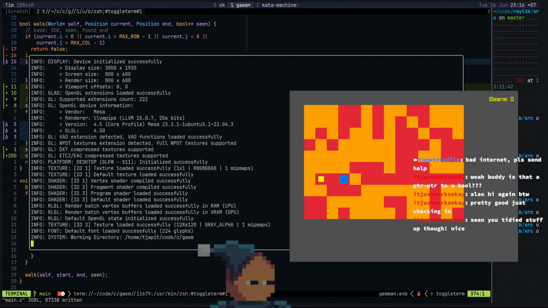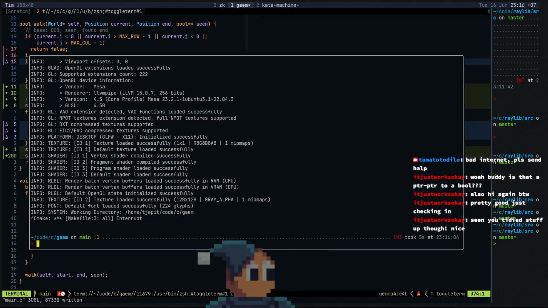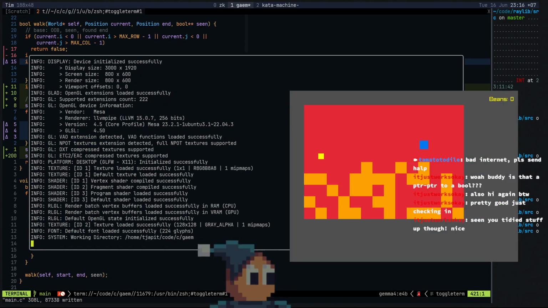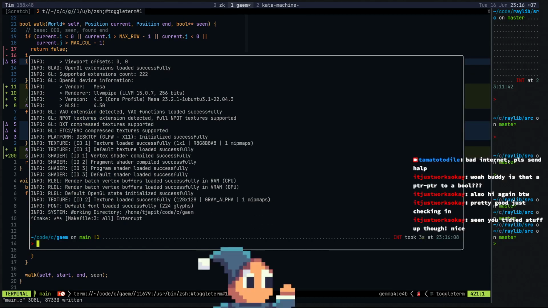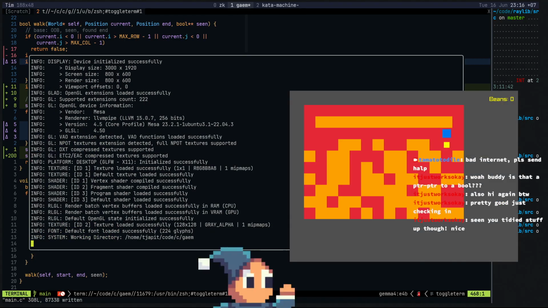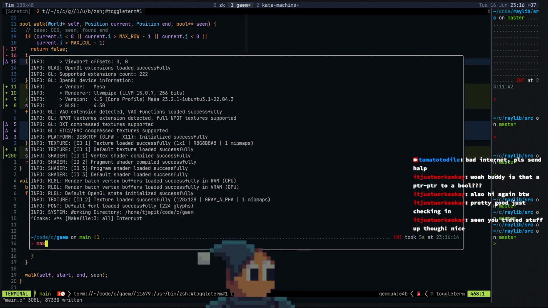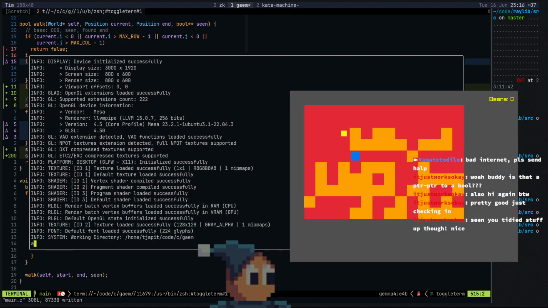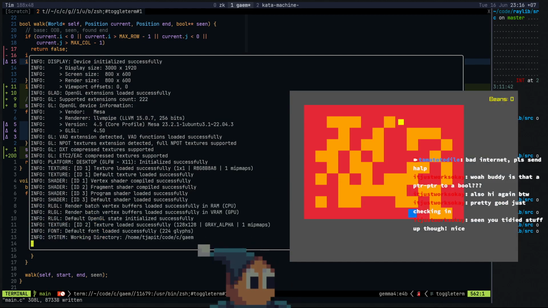Okay, I mean, it kind of works, but yeah. It does what it says on the tin. It clears a path for the maze.